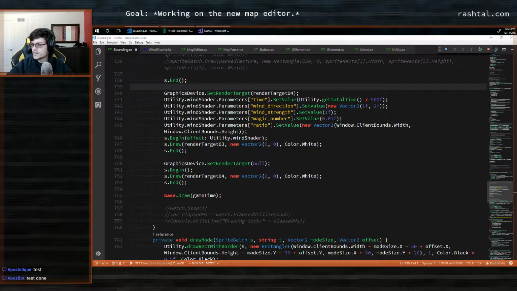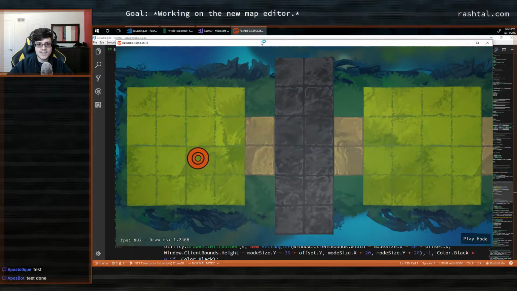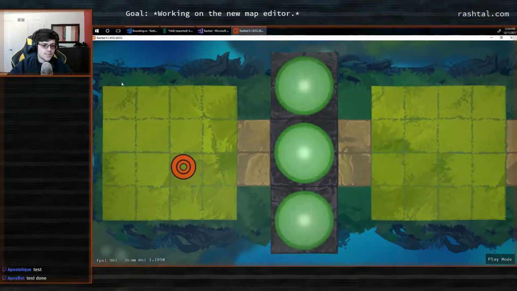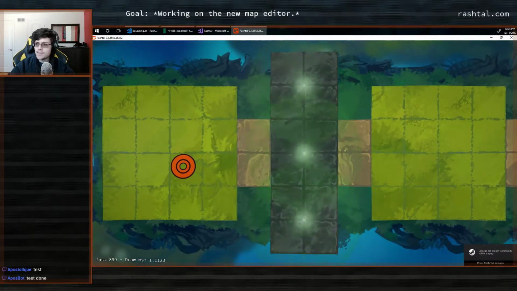Oh, it repeats noise. Okay, so check that. So right now it's applied to the whole screen, but eventually I'm gonna apply this wave